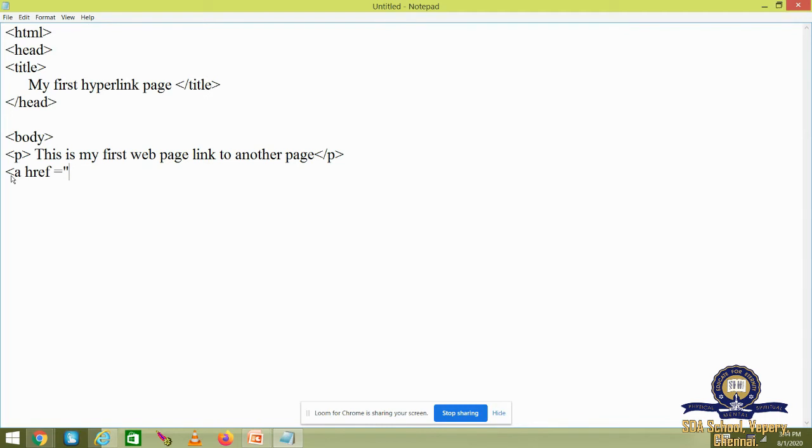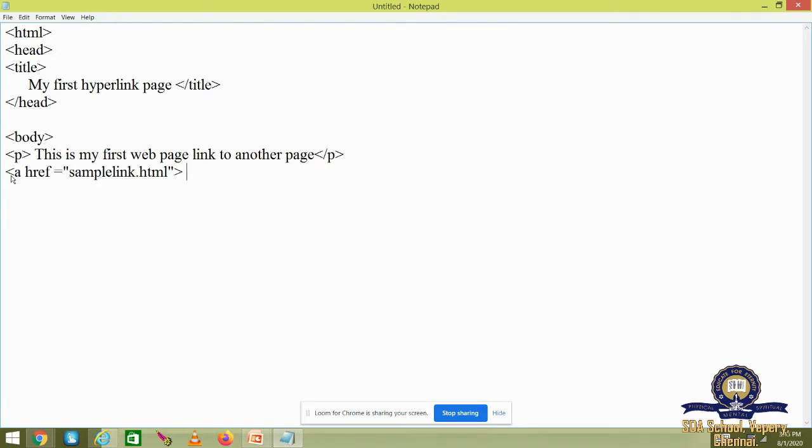So I am going to give another web page, another link. For that link I have to give the file name. Here we are going to use the file name. So what is the next file I am going to link? Let me give sample link.html. So sample link.html will be my link page. I'm closing this anchor tag.